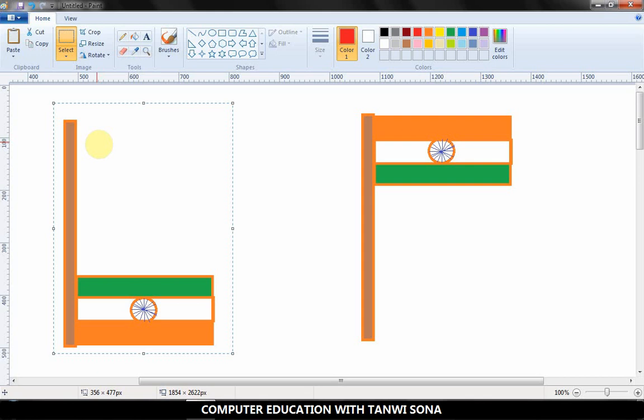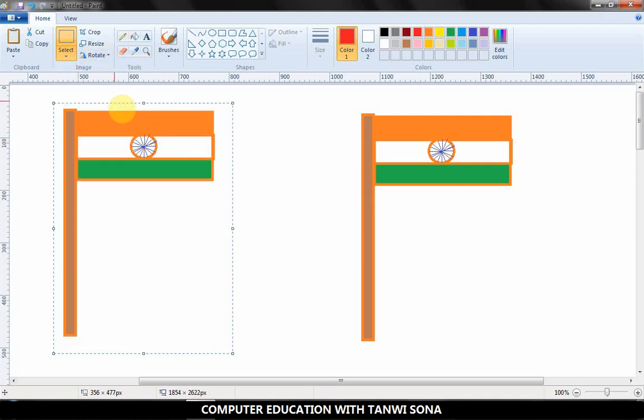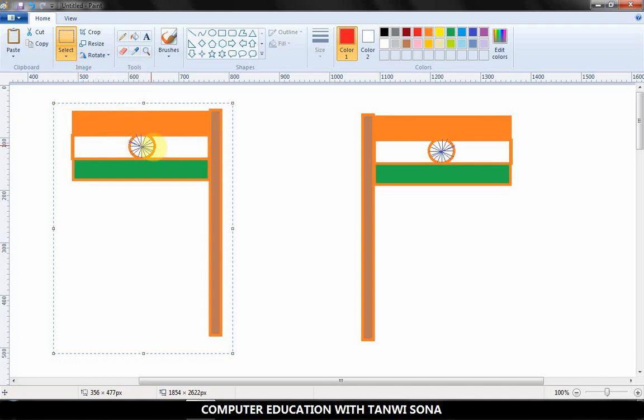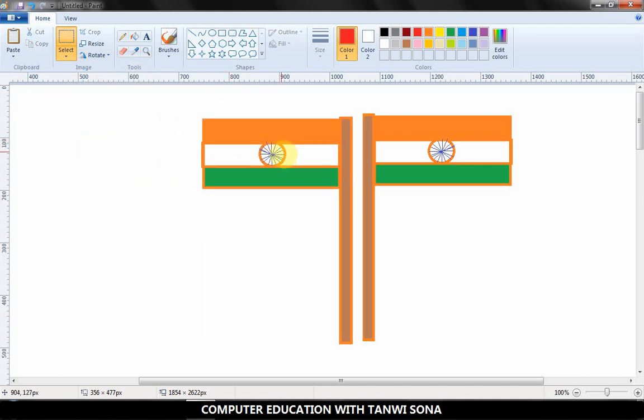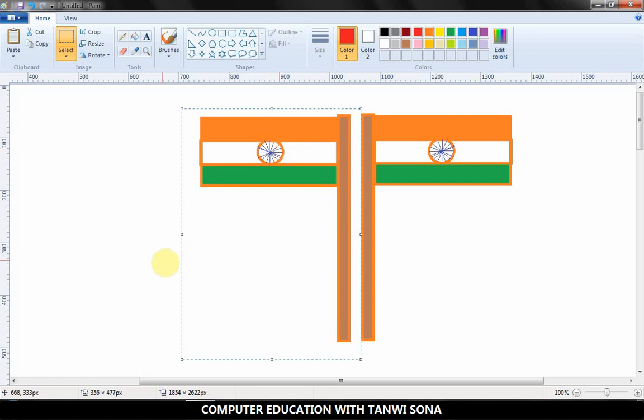Now again go to this rotate, flip vertical. If I want to make this mirror image horizontal, then flip horizontal. See, I am going to join these two. So this is how you have created a mirror image of your original drawing. I have used the flip horizontal tool here for creating a mirror image.